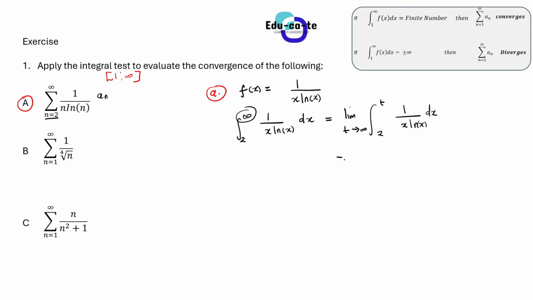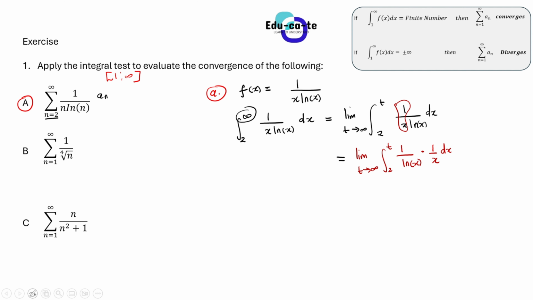So now to solve this integral, you can use u substitution. I think u substitution is the best method here, because you have got 2 parts. You have got 1 over x dx, and then you have got ln x. So let me just rewrite that so that everyone can see. This is the limit as t approaches infinity from 2 to t of 1 over ln x, times 1 over x dx. This is still the same thing. I haven't changed anything here. I've just rearranged the terms so that you can see that we've got 2 things here, 1 over ln x and 1 over x.